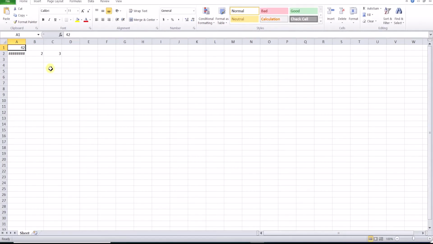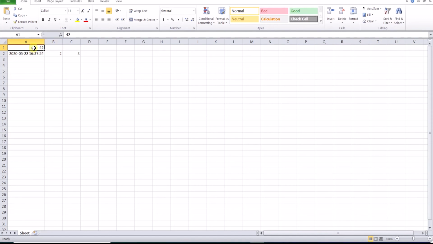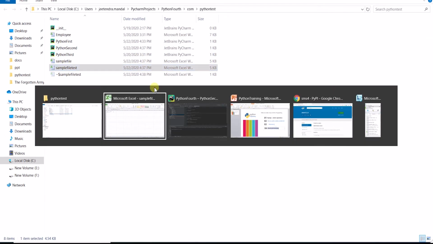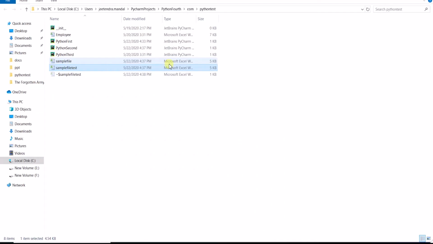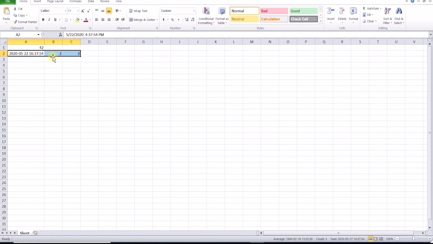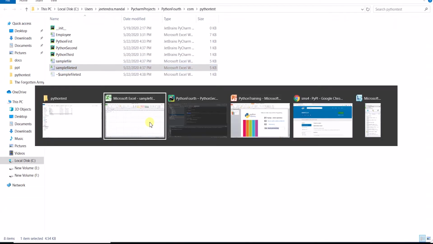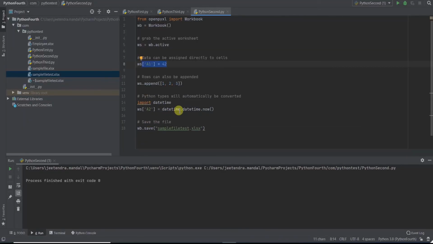As we have seen, it inserts 42 in A1, then the datetime. As per our program, in the active worksheet it prints 42 on A1, and the rest of the things get appended here, as per what we have written. This is how you can create a sample Excel file.